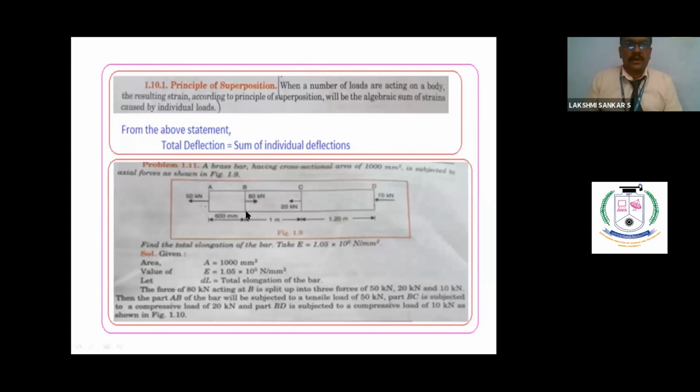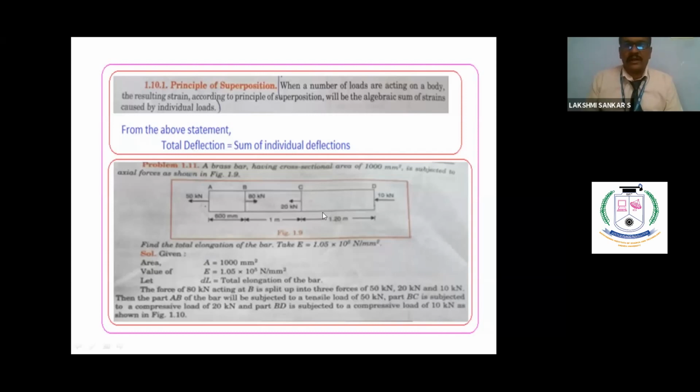So this member AB is experiencing tensile load. That is the observation. If you see the other section, B to C, at B what is happening? How many loads are there? Here 50 is acting left side, 80 is acting right side. Minus 50 plus 80. Correct or not? What is that? 30. And on this side you have to calculate. 20 acting left, 10 acting left. Therefore, 30. So this particular member BC is experiencing compressive stress.